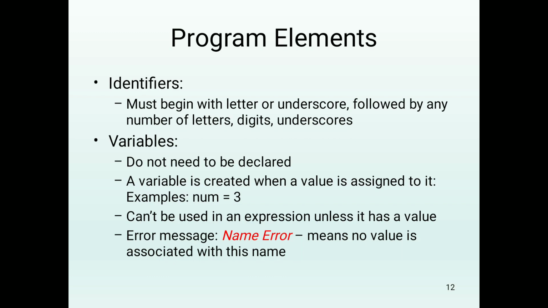So variables do not need to be declared, and in Python we don't need to create the variable separately. Directly we can assign the value so that the variable becomes that particular data type. For example, here num is equal to 3. So what it becomes, num is now considered an integer variable, and an error message will be displayed when no value has been assigned to the particular variable. For example, if you are not assigning a value to x, and then you are printing the value of x, then it will display the name error. The variable x doesn't contain any value. So first you have to assign some value to the variable, then only you can use that particular variable in any expressions, functions or program.